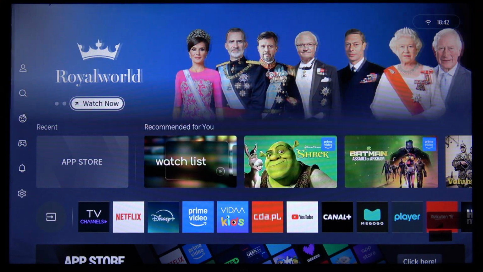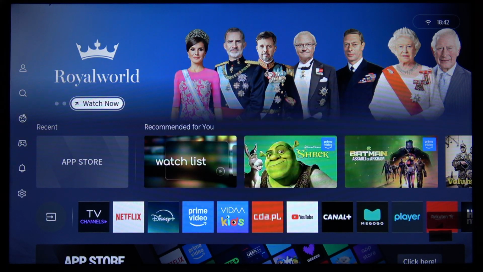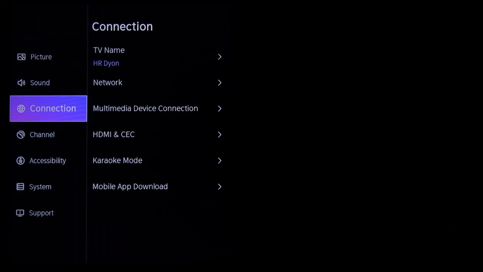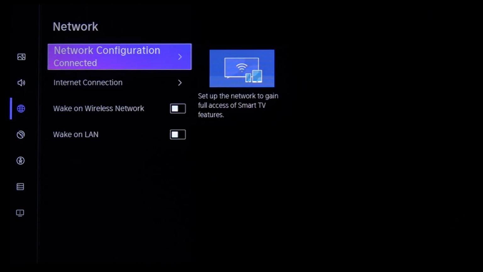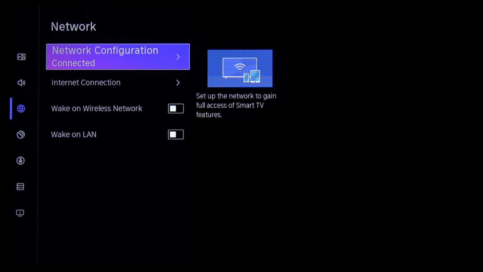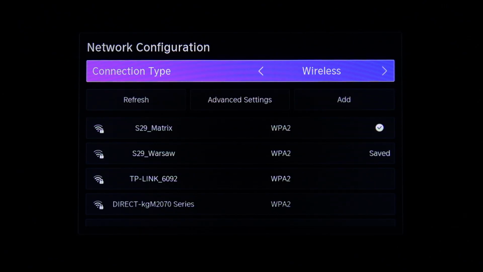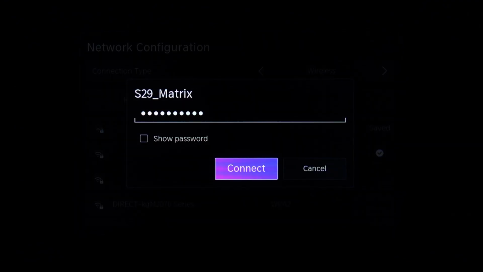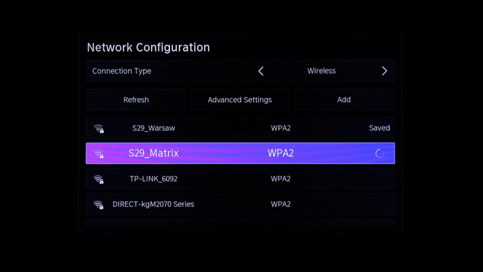To install an application on your TV, make sure that your TV is connected to the Wi-Fi network. You can always check it in settings if you scroll down to the connection menu and check your network and whether or not you are connected to either a wireless network or using an Ethernet cable. So, once you are sure that you are connected to the network,